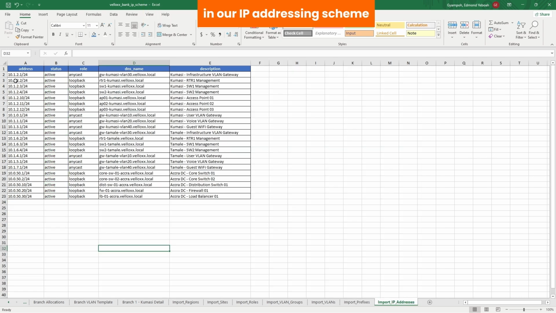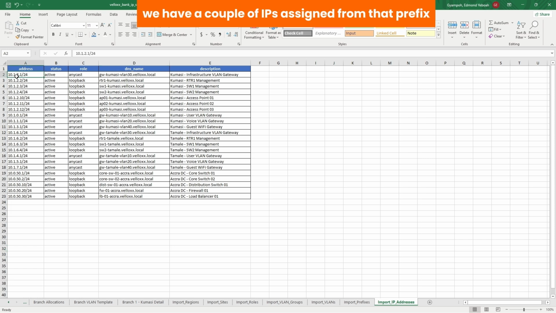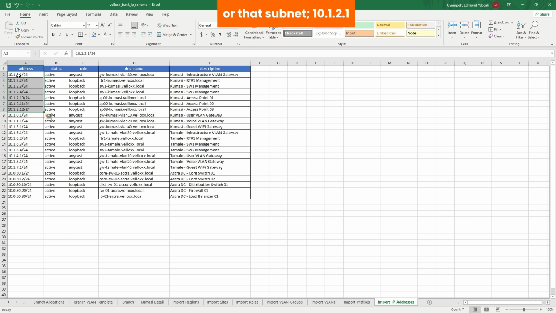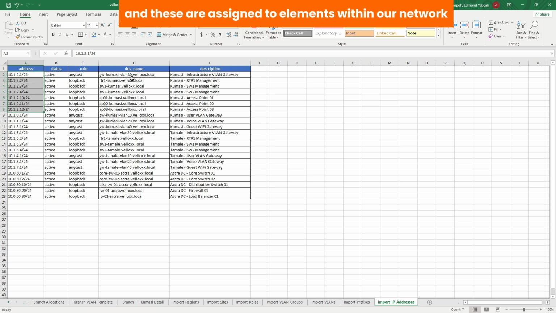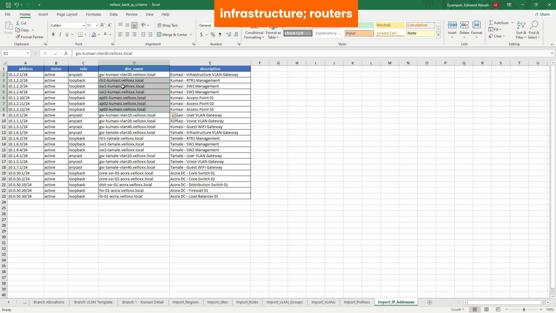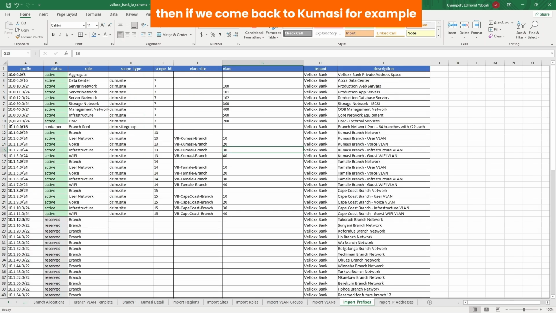In our IP addressing scheme, we have a couple of IPs assigned from that prefix or that subnet: 10.1.2.1, 2.2, 3, 4, 10, 11, 12, and these are assigned to elements within our network infrastructure: routers, switches, access points. Then, if we come back to Kumasi, for example, the very first subnet we have in Kumasi, which is